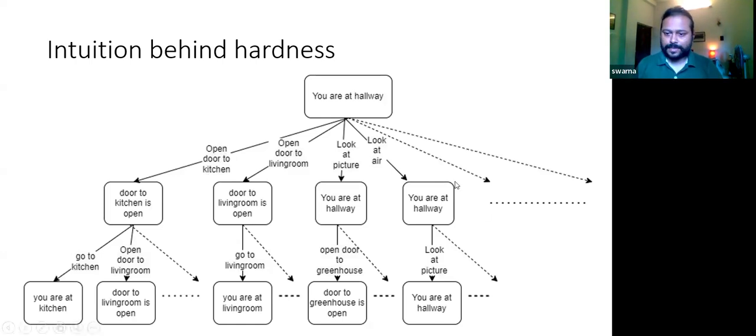Now, if you need to find a sequence of actions that's going to take you to a goal state, and if you're trying to do a brute force search to find the solution, then it's going to be exponential space. Of course, you cannot solve it in polynomial time. So even if there is a finite number of states or nodes, the solution size still increases exponentially with the number of nodes.